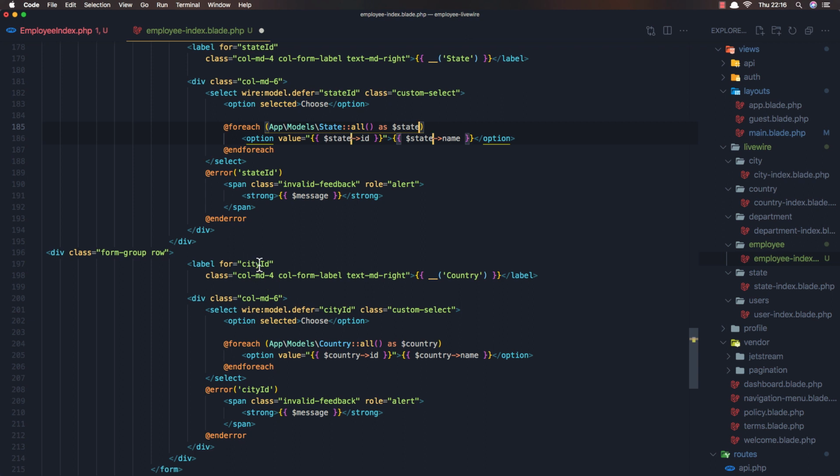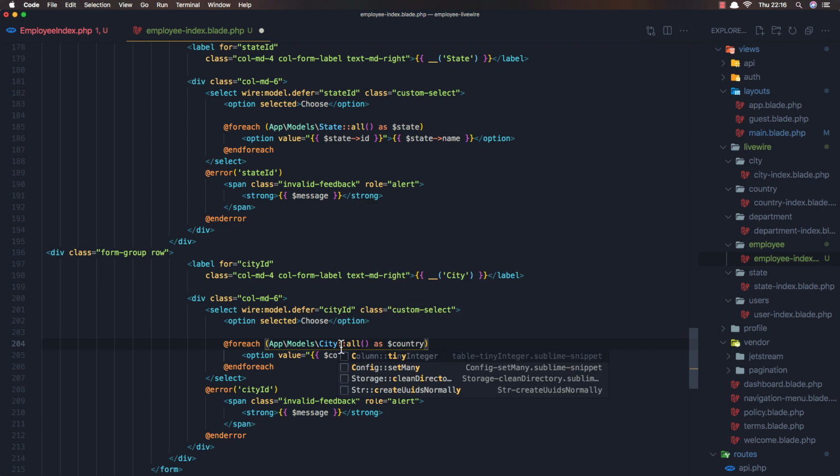And here we need city ID, city, and so here we need the city, and change this one as well, $sign city,